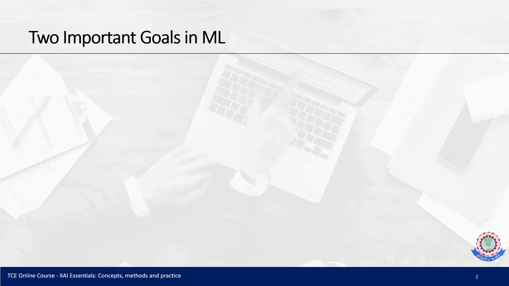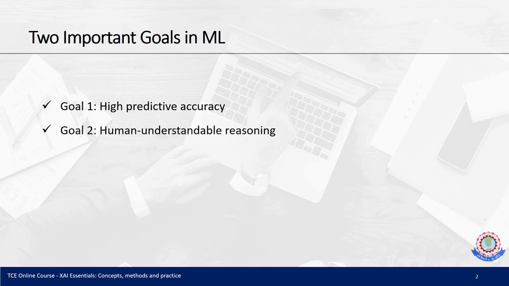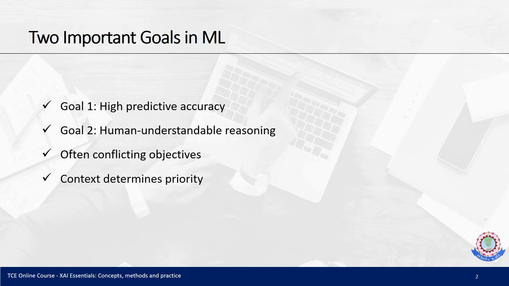When we build any machine learning system, we usually chase two goals. The first goal is accuracy. We want the model to predict correctly as often as possible. The second goal is interpretability. We want humans to understand how and why the model makes its decision. In an ideal world, we would achieve both perfectly, but in reality, improving one often weakens the other. This conflict is what we call the interpretability accuracy trade-off.